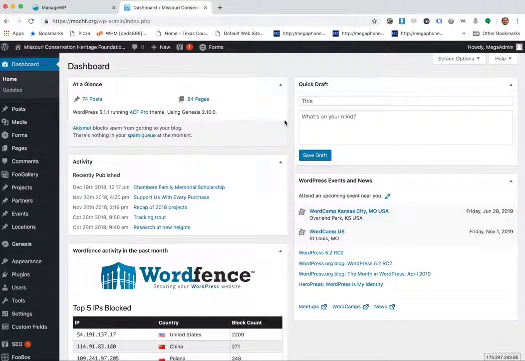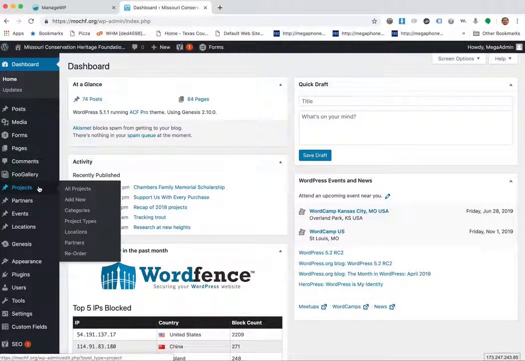We are going to be taking a look here at how to add projects on mochf.org. So you log in on the site, which hopefully you have that login information already. If not, we can make sure you have that. And then once you're logged in, you'll see the dashboard here, and you need to find projects over